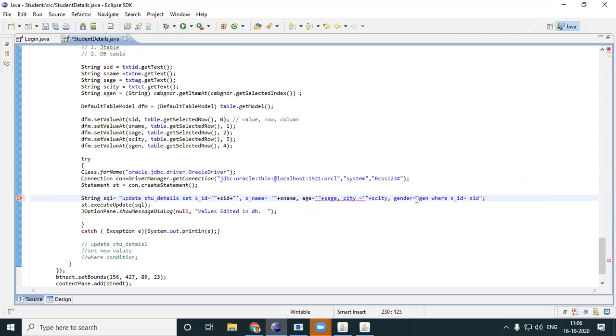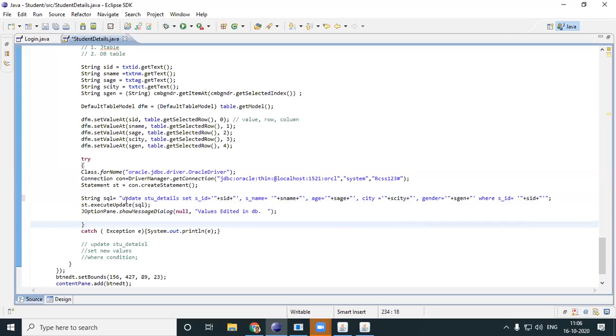These are variables where SID is equal to SID, and then even I should end every variable, S name, S age, S city, gender, SID.